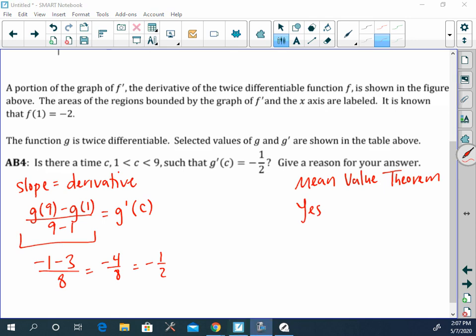So we want to make sure when we're using the mean value theorem, obviously it's a yes here because it equals the -1/2 that we need, that we want to say yes, G is differentiable and continuous. If it's not those things, this wouldn't work. And we know it is because it says it in the problem. G is twice differentiable. If it's differentiable, then it's continuous. So yes, G is differentiable and continuous